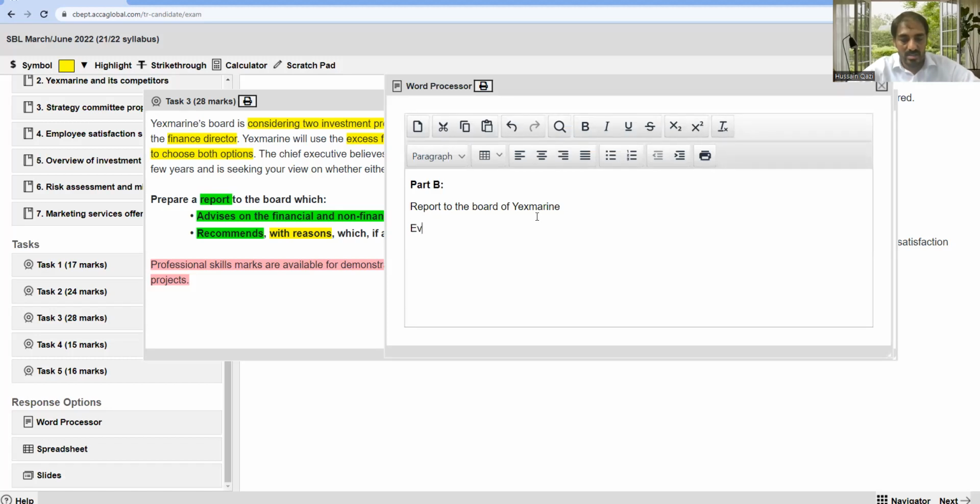Number 2, evaluation. Evaluation of, that is the main line. What is the report about? Evaluation of investment projects. Very simple. This report evaluates the two proposed investment projects